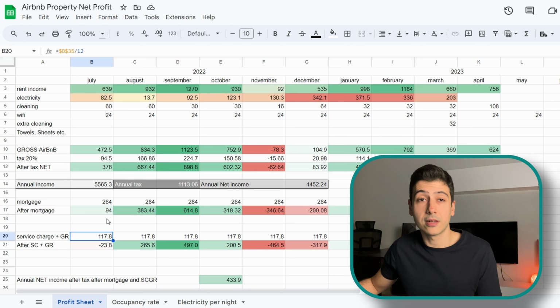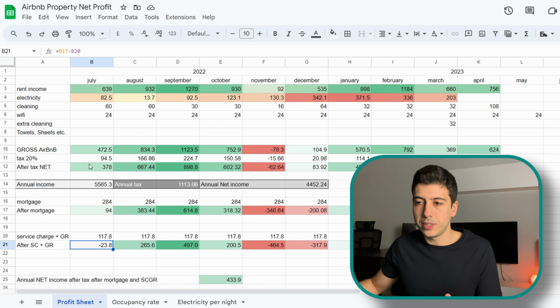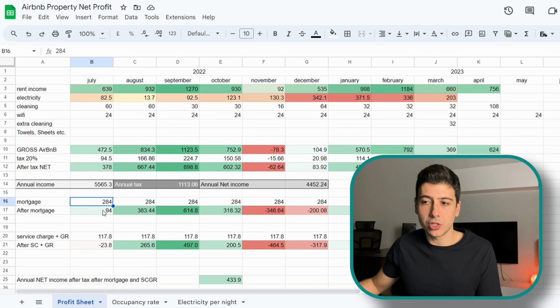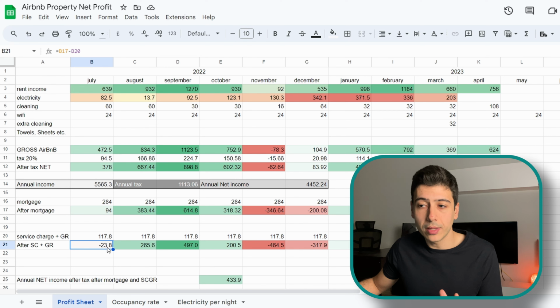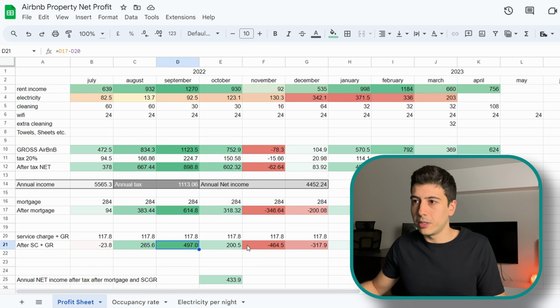And then I'm trying to deduct that from the value that we have after we've paid the mortgage. So over here we have a negative, strong positive, strong positive, strong negatives. What this tells you is that pretty much in July, my property was at a plus. It paid the mortgage for itself, but then it helped me pay for the service charges and for the ground rent. But then I also had to pay £23 out of my pocket, which is still not bad, because you have a property that's paying for itself plus the service charges, ground rent and the mortgage, and you just have to pay £20. August and September were pretty good, as well as October, meaning that the property made a lot